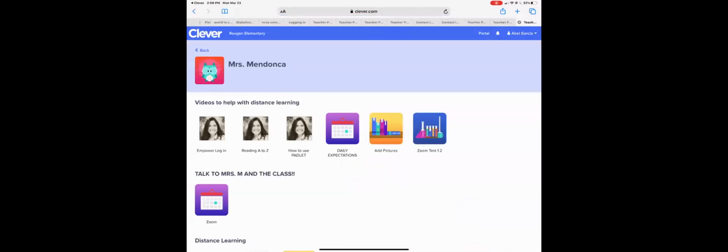Mendonca. And you see how we already added a link where it says add pictures. So if learners in Ms. Mendonca's learning environment want to share pictures with her, they will go here and a link is going to pop up. Because we already did it, this is how it's going to look, except for the picture that is there.